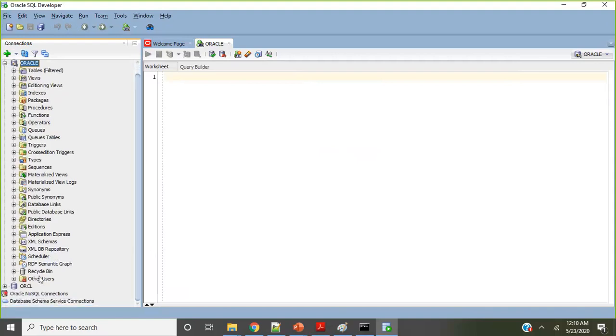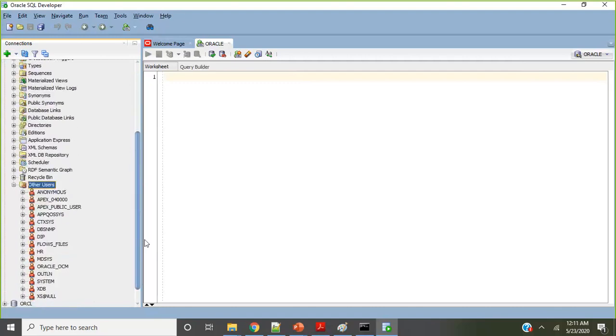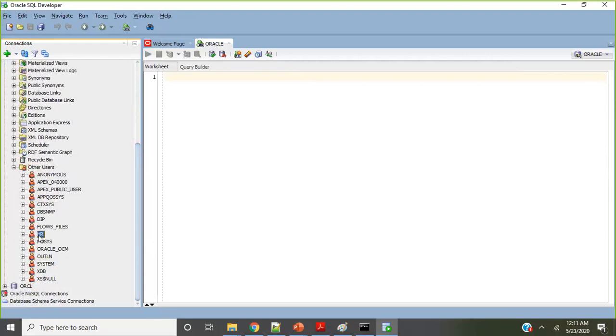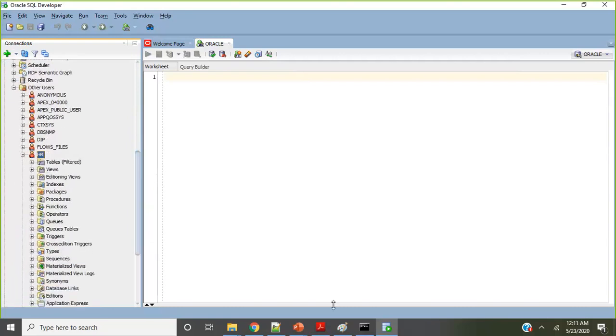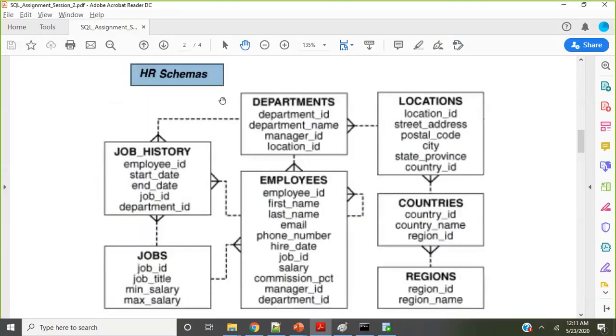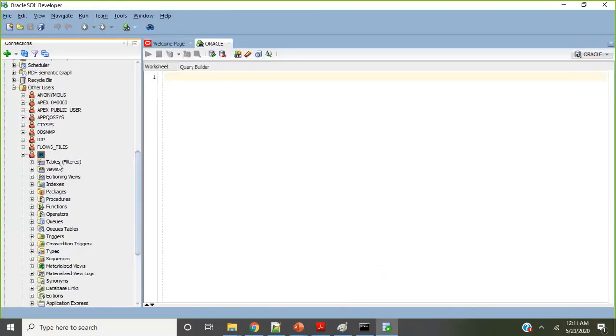You will see something like Other Users. Again click the plus sign, and you will see HR. So this is the HR I was referring to. The HR schema which you see here already comes as a package for you. See? Now click on this.